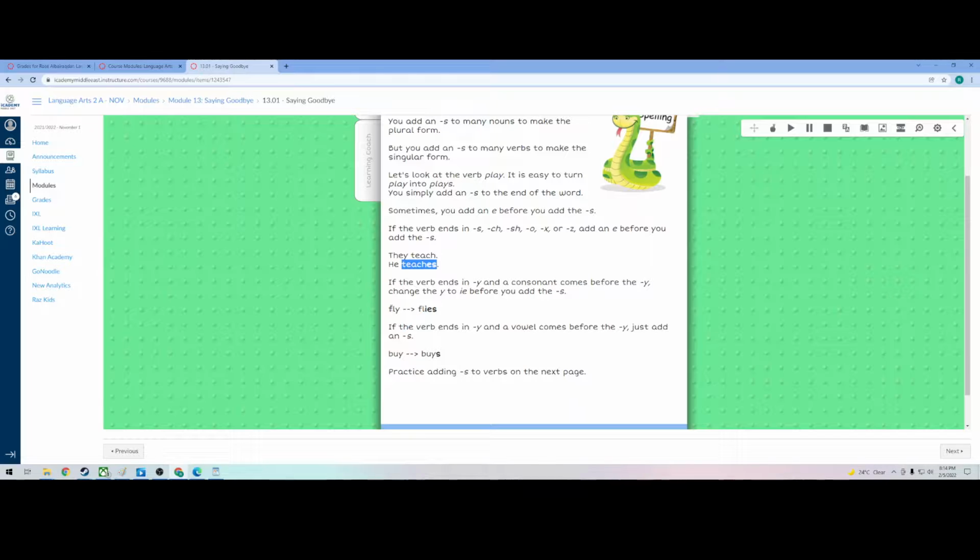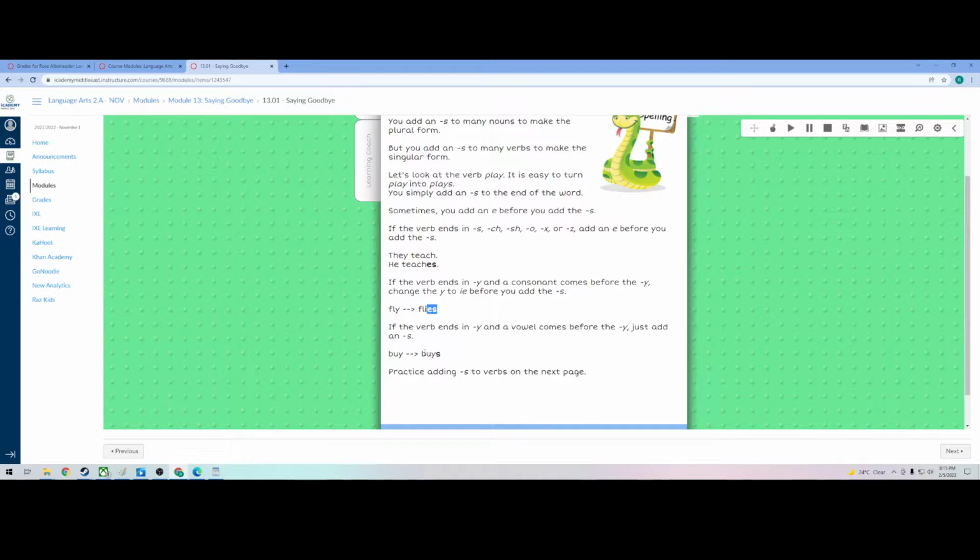Sometimes you have to change the word itself. For example, fly. If I want to add S to fly, I have to remove the Y and put I instead of Y. Fly, then add ES. If the verb ends with Y and a vowel comes before the Y, just add S. However,